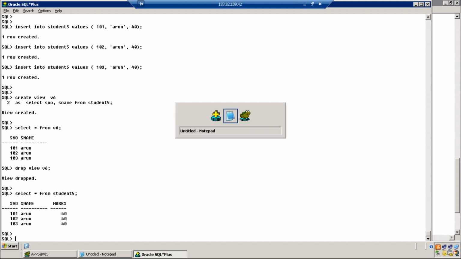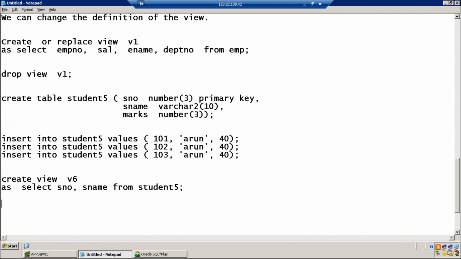So a view is nothing but only viewing the data. Does a view contain the data? No. Can we store the data in the view? No. When we store the data in the view, finally the data will be stored in the base table. When you write a select star from the view name, we get the data from the base table. So finally, data exists only in the base table. View does not contain data. View is only a logical representation of data.